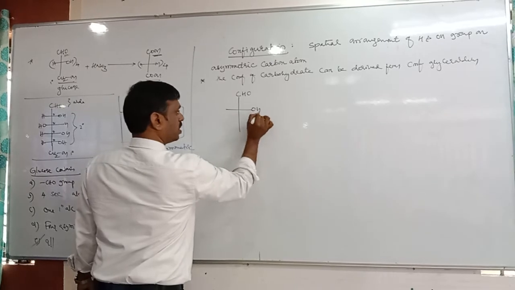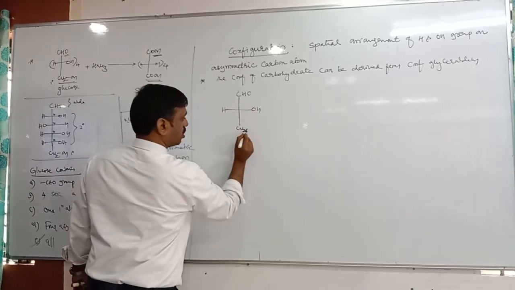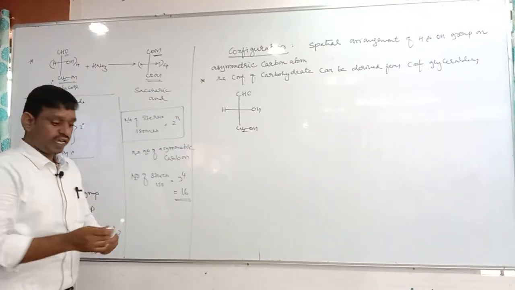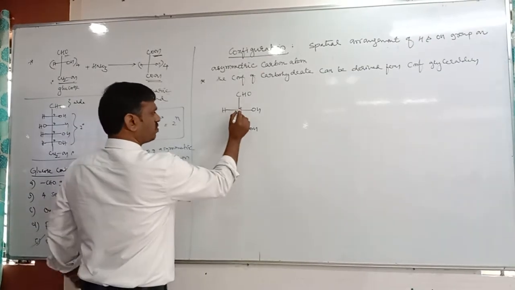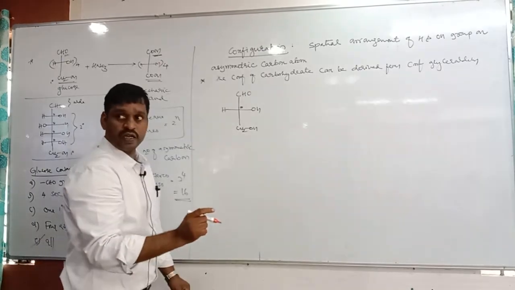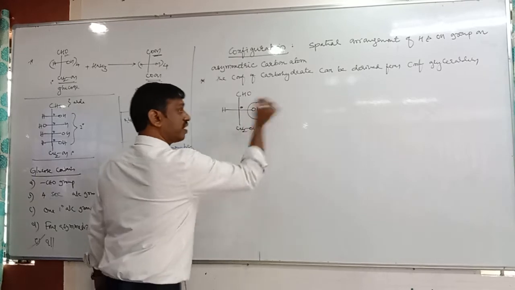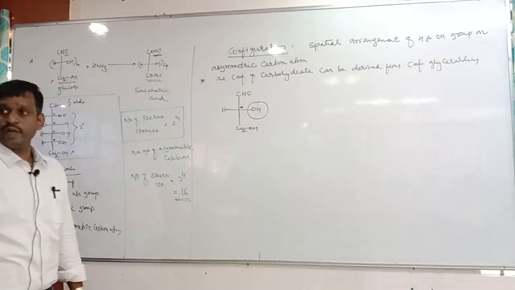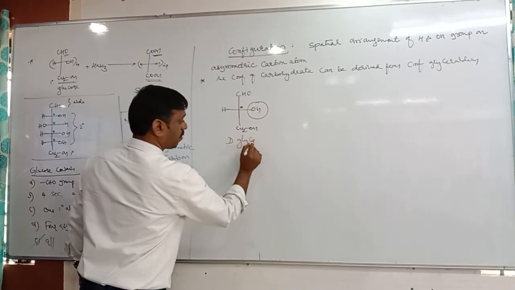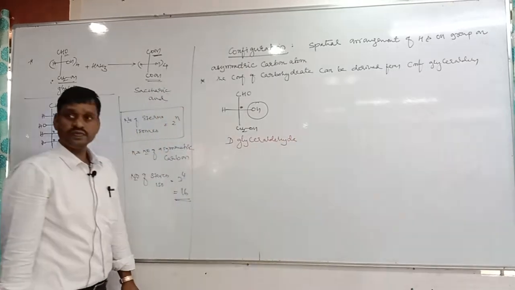It is the simplest carbohydrate which has one asymmetric carbon. Okay, it is a CH2OH. Now tell me, in glyceraldehyde, how many asymmetric carbons are there? There is only one. Okay, so glyceraldehyde has only one asymmetric carbon. If the OH is present on the right side of the asymmetric carbon, it is called D. So capital D glyceraldehyde, which is called a D configuration molecule.